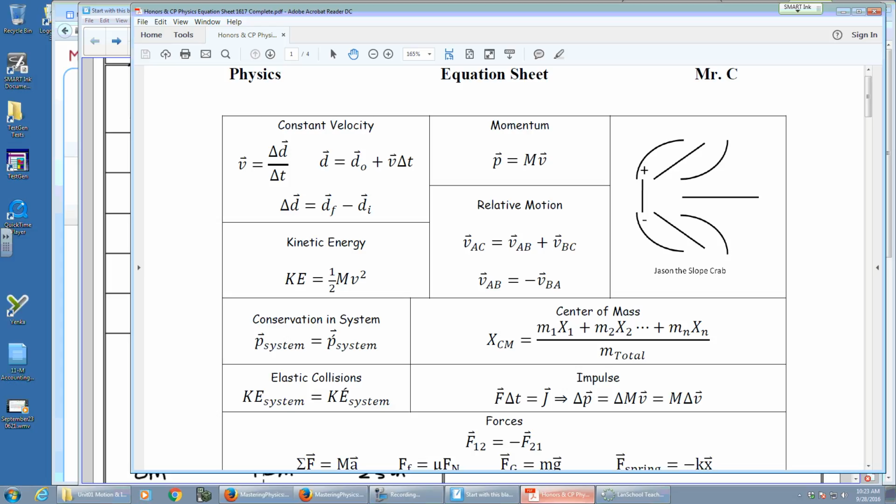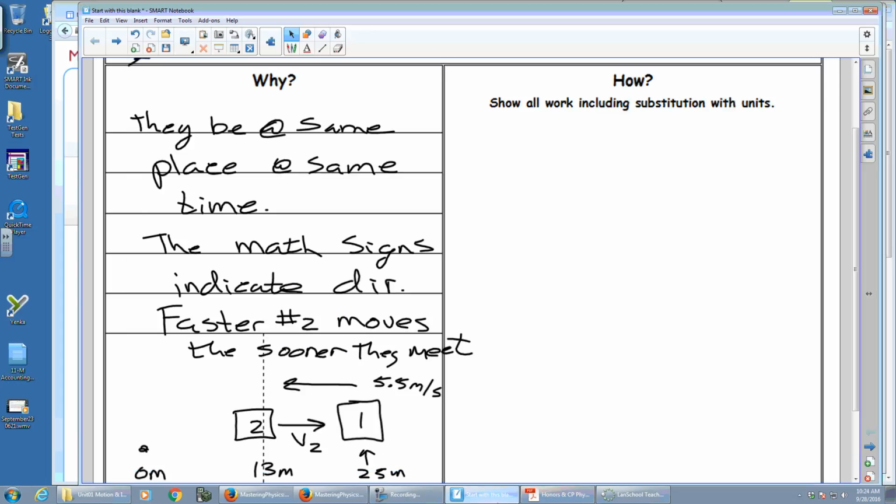This actually comes directly from the two here. They're all linked together. So I'm going to use that equation. So let me start with that equation. D equals D naught plus V delta T. And I'm going to do it for object 1 and for object 2. So for object 1,